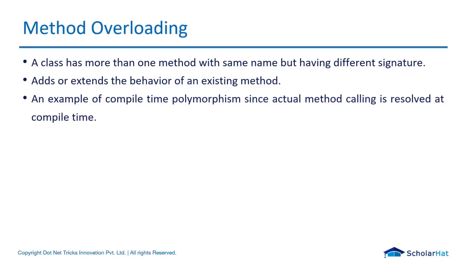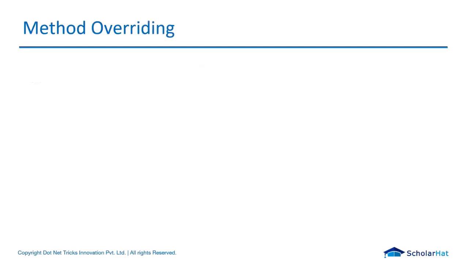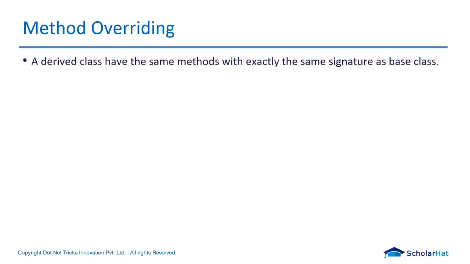To overcome this problem, we pass different arguments. You can have a different number of arguments, a different sequence of arguments, or different types of arguments in method overloading. The other thing that you can achieve is runtime polymorphism, also known as method overriding or dynamic method dispatch. Basically, when we talk about method overriding, this can be achieved with the help of inheritance, because